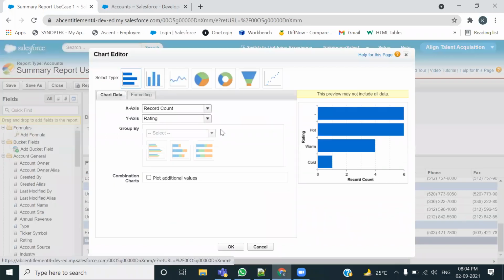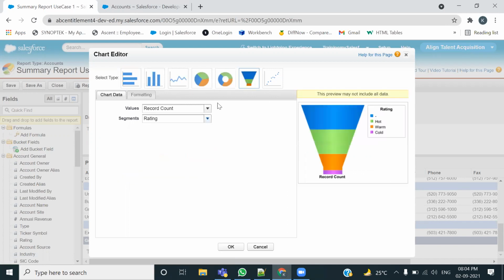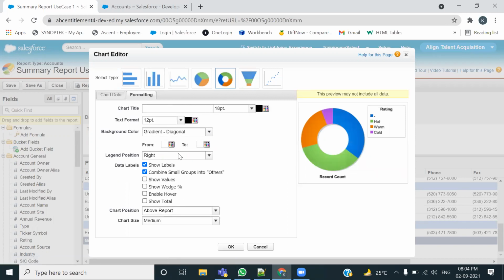सो ऐड चार्ट, देखिए अब ये हैं आपके चार्ट कंपोनेंट्स। कौन कौन से हैं? हॉरिजॉन्टल बार चार्ट, वर्टिकल बार चार्ट, लाइन चार्ट, उसके बाद पाई चार्ट, डोनट चार्ट, दिस इज फैनल चार्ट, स्कैटर्ड चार्ट। इसमें से आप जो भी चाहे ले सकते हैं। सो लेट मी टेक दिस फैनल चार्ट, ओके, और rather the donut chart, चलिए donut chart ले।